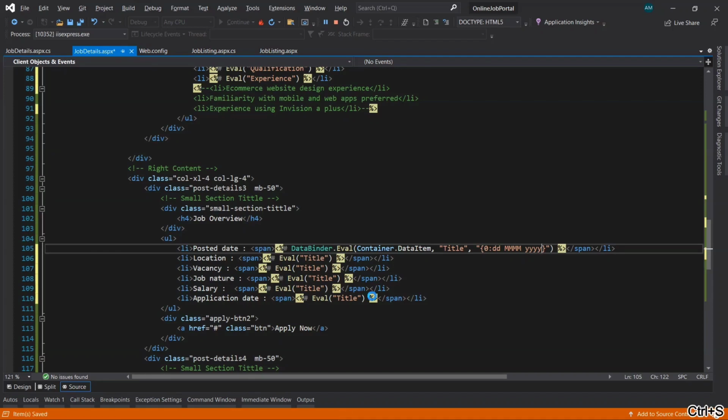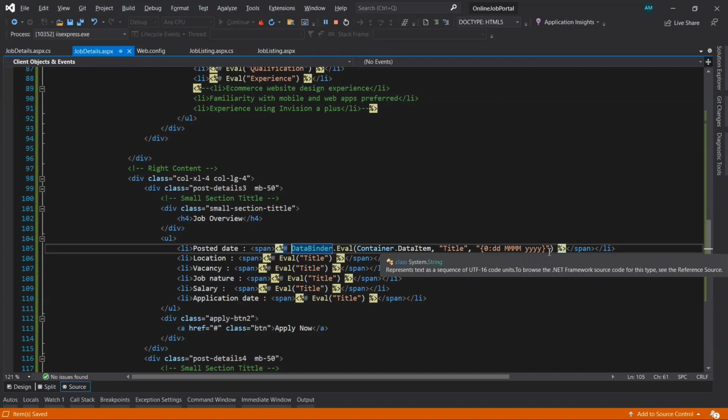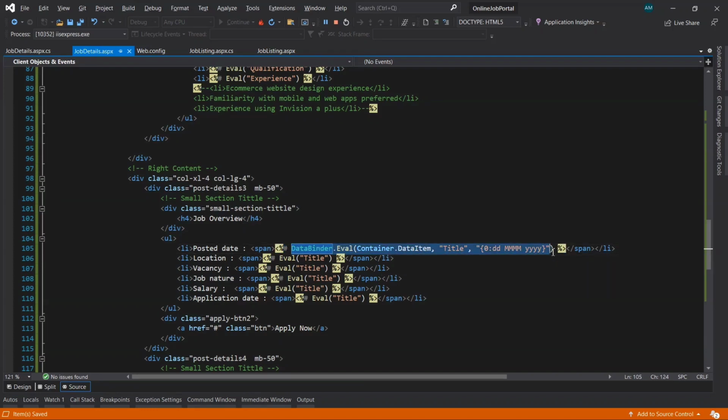Save it. Now let's copy this code from here till here, and paste it here.